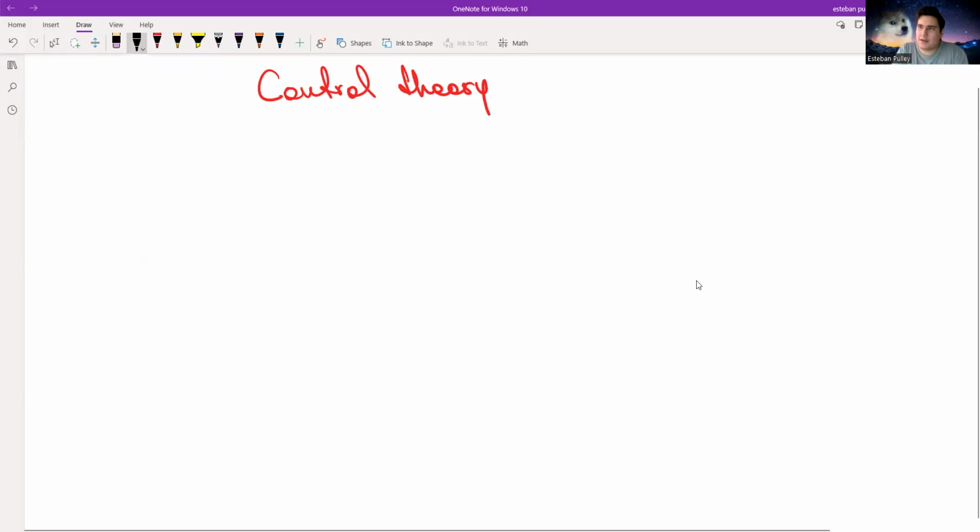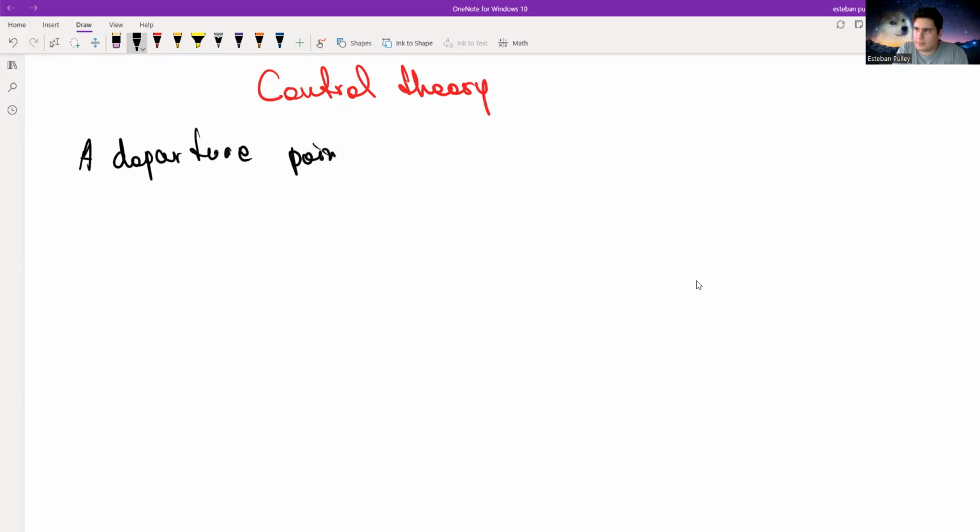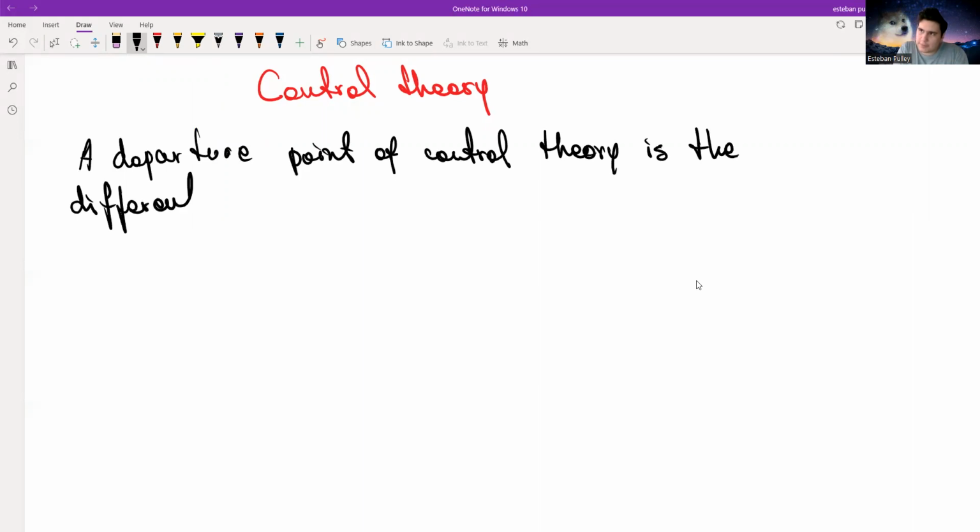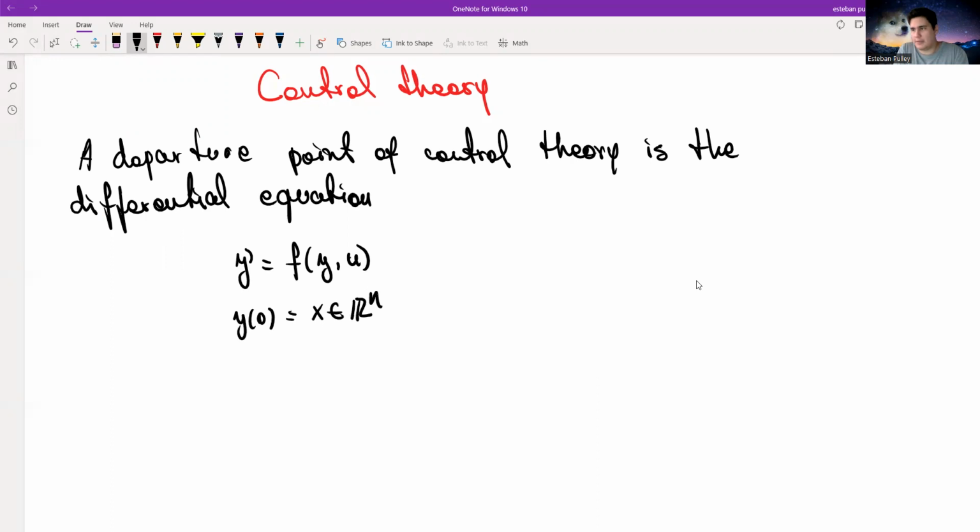So we begin. A departure point of control theory is the differential equation y prime equal f of y and u, and y of 0 equal x, an element of R m. Perfect. With the right hand side